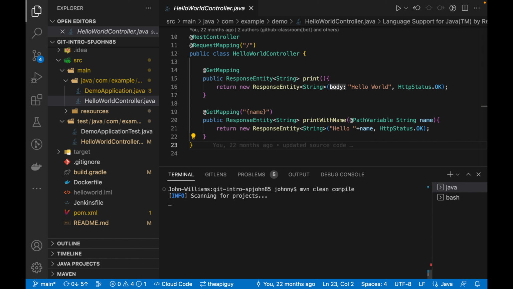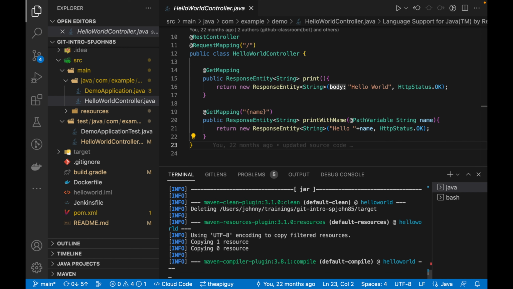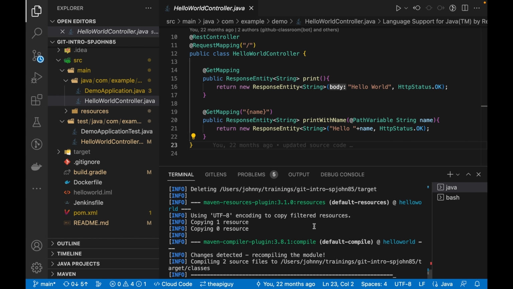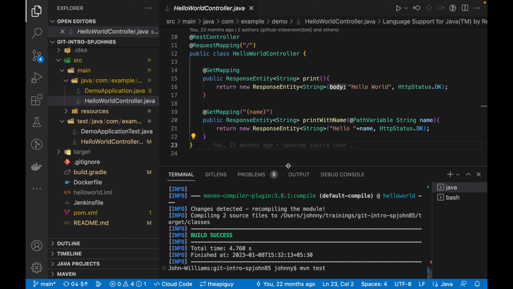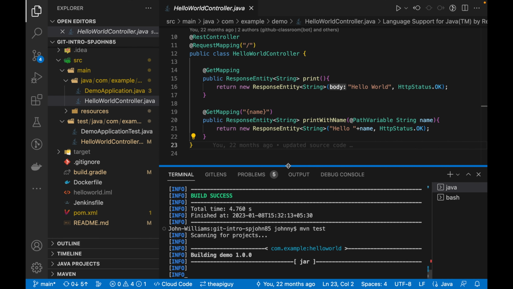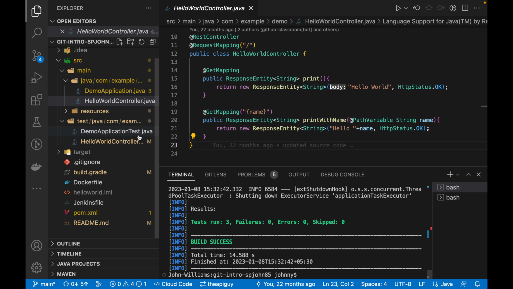So this is a command that for a Spring Boot application we have to use to check if the build is successful, so that the compilation process is also successful. In order to run the tests, we give Maven test, which will run all the test cases that we have written in our application, and it will give you a good result of whether the test cases are passing or not.